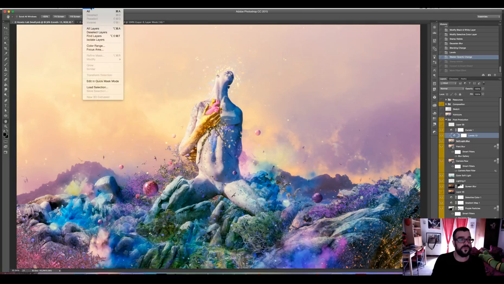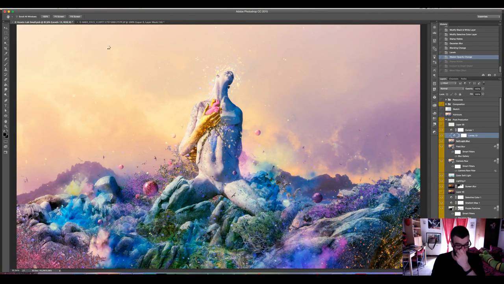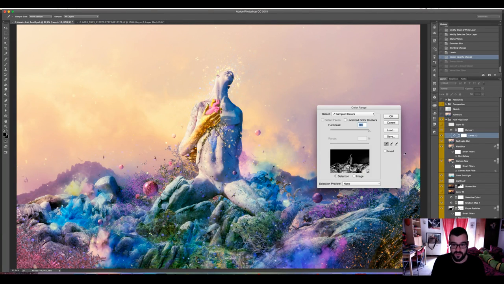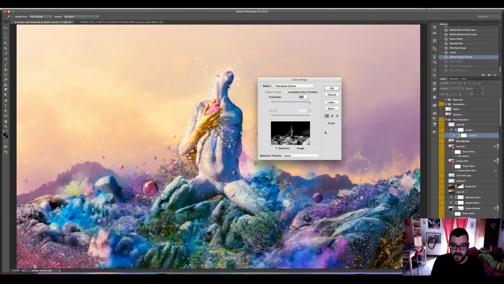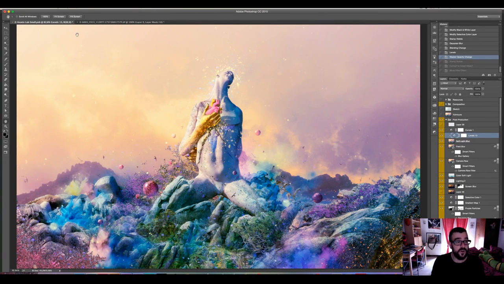If you go to the color range, if it ever opens, you will find here, no, sorry. I'm going to make a selection. You go to the refine edge option.